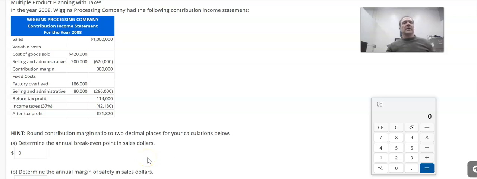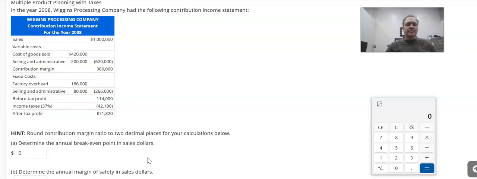All right, let's take a look at another question, a little bit long and drawn out, so we'll have to kind of scroll through the screen. So let's see what it says here. It says multiple product planning with taxes. Now, I was not aware of this being a multiple product question, so I don't think that's going to come into play. But we are going to have to deal with taxes and put together